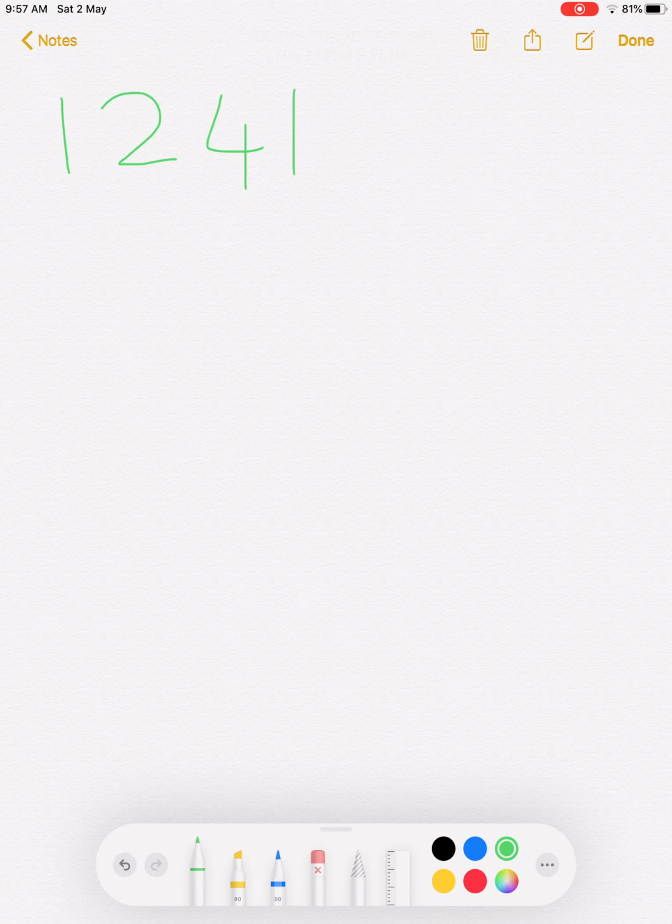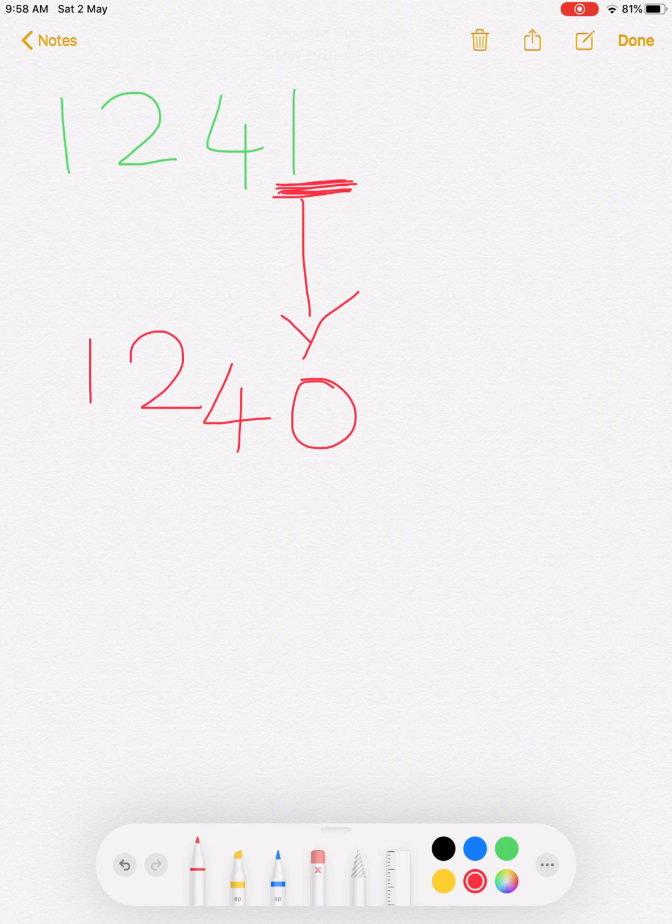1241. Here also you see, take the ones place number. First you give ones place 0. Then you check whether the ones place digit is less than or greater. Here the ones place is less than, so if it is less than condition, we will not change the tens place. Next, no addition will be there, and we simply write the tens place and the rest of the places also.